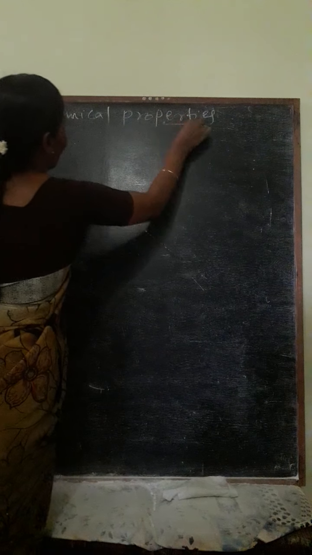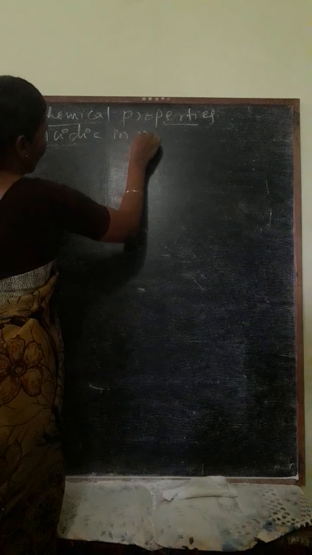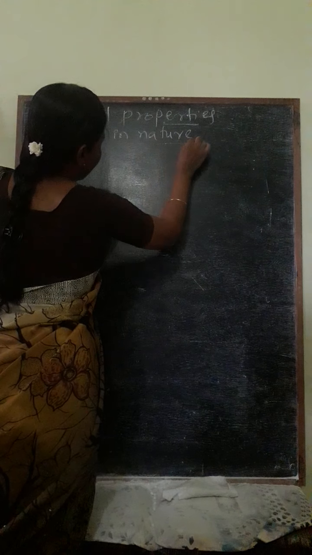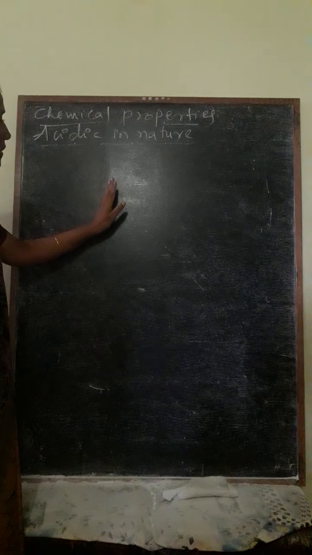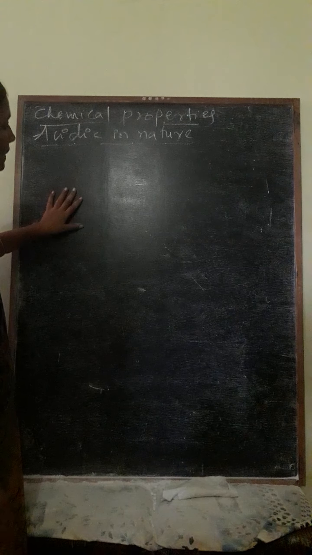Chemical properties. In these chemical properties, definitely the word indicates that carboxylic acids are acidic in nature. If carboxylic acids are acidic in nature, how do acids generally react? Acids react with metals liberating hydrogen. Acids react with bases forming salts. Acids react with carbonates and bicarbonates giving carbon dioxide, and so on. These are a few acidic properties of carboxylic acids.